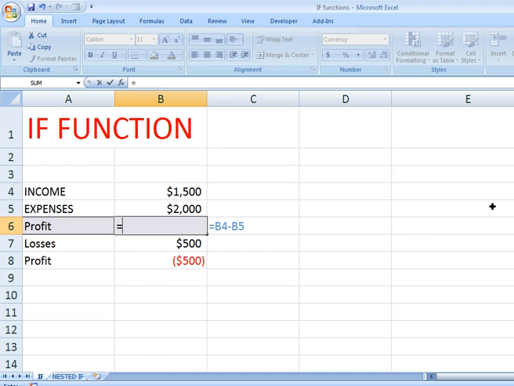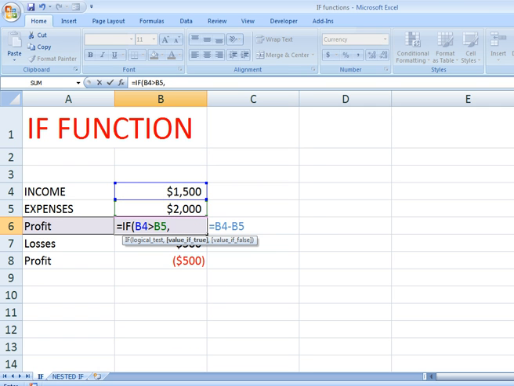Let's proceed. IF: the logical test is what you analyze, what two things you want to compare. I want to compare income with expenses. Press F9, Control G. If my income is greater than expenses, what do I want?